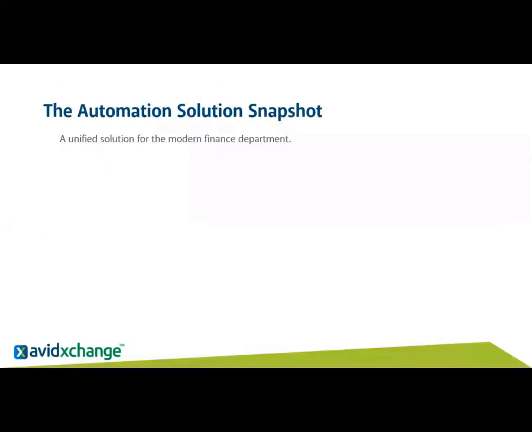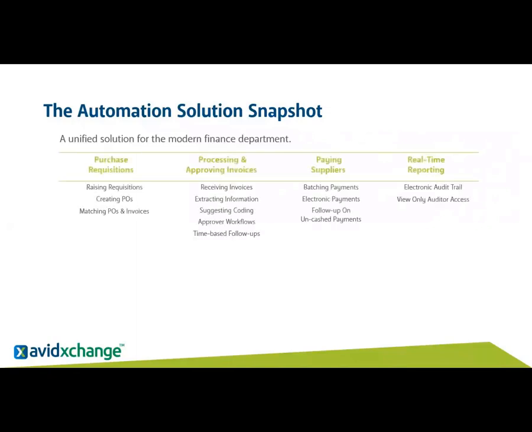So what does the automation mean? If we look at the automation solution snapshot, a unified solution for a modern finance department will encompass all of these areas. From requisitions, creating those that are ultimately the purchase orders, matching the POs and the invoices, getting your invoices in, getting them along the way through the approval process, ultimately getting them paid and ready for